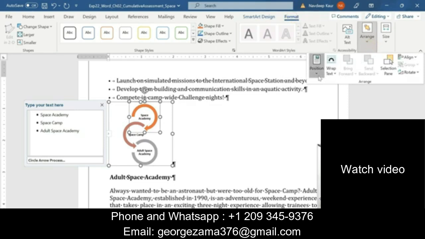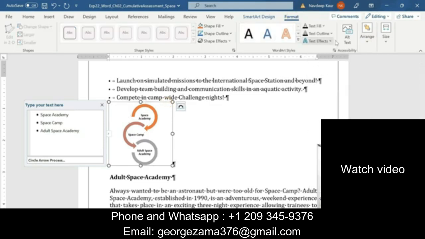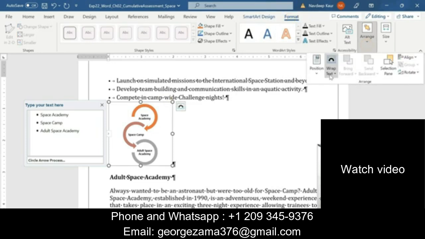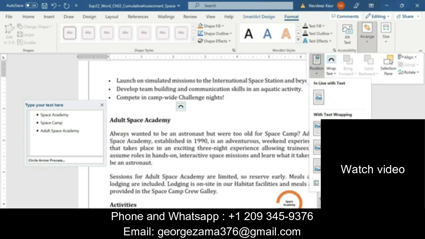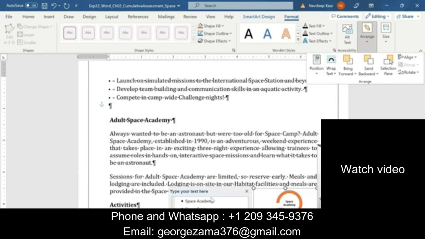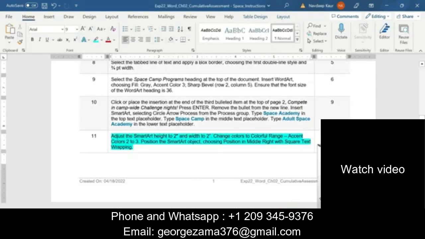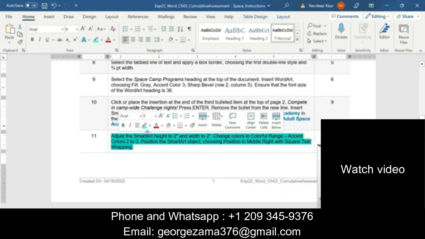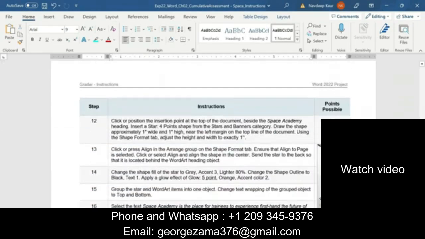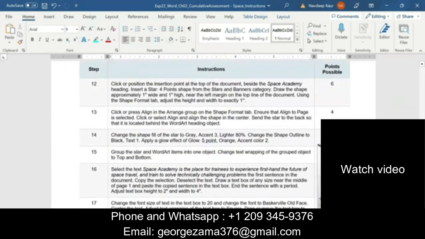Position should be middle right with square text wrapping, this one. So we have changed the position of the SmartArt and our step number 11 is completed, and now we will move to the next step. Next step is step number 12. In step number 12, it is saying to click or position the insertion point